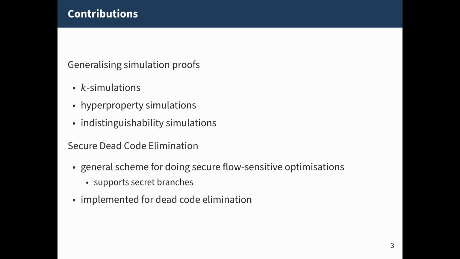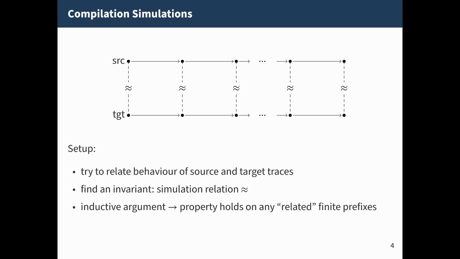And all of this is proven formally in Coq, or well, it's now renamed into Rocq. So let's start with the first part, the generalization of the simulations. So compilation simulations: the target of a compilation simulation is basically you want to relate the behavior between a source trace